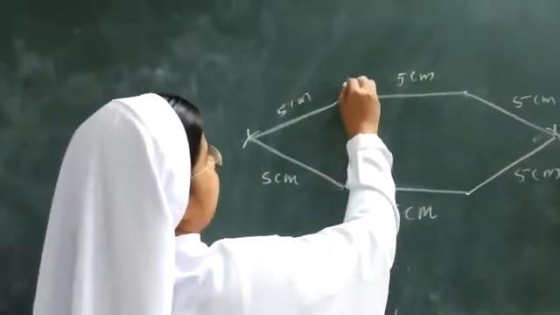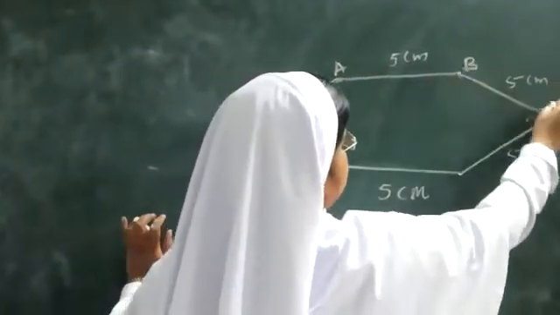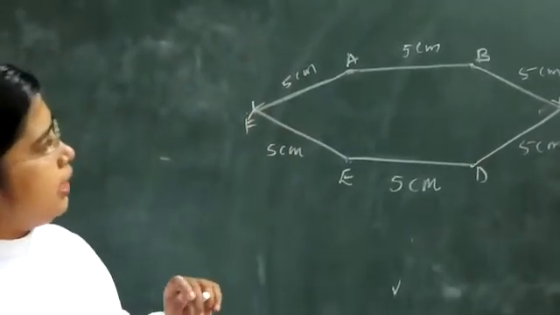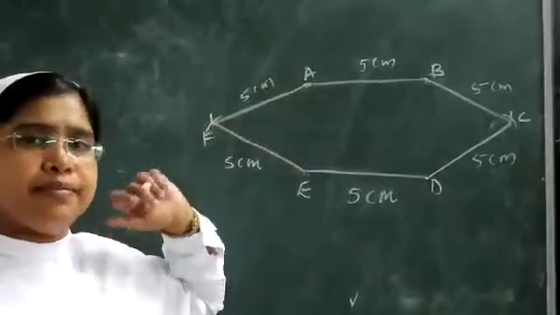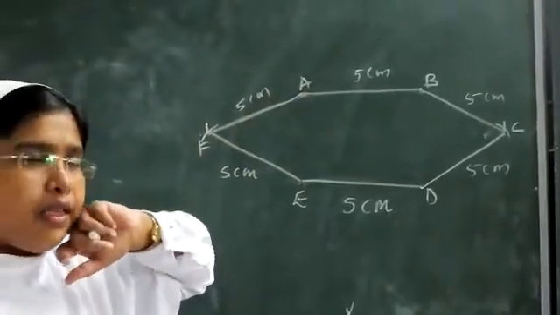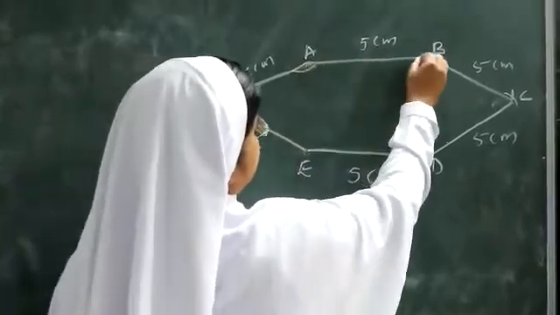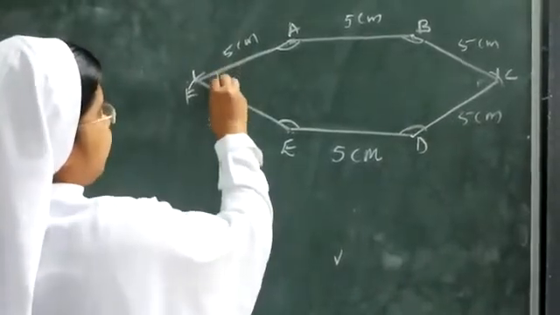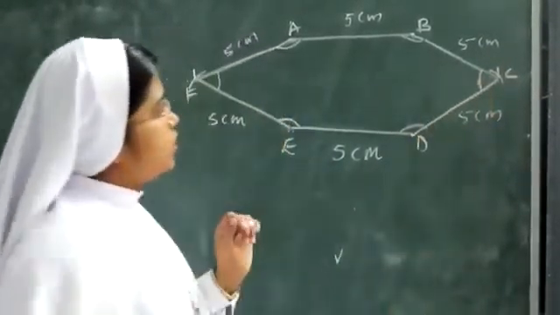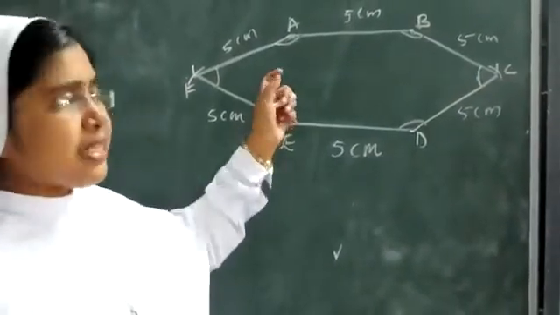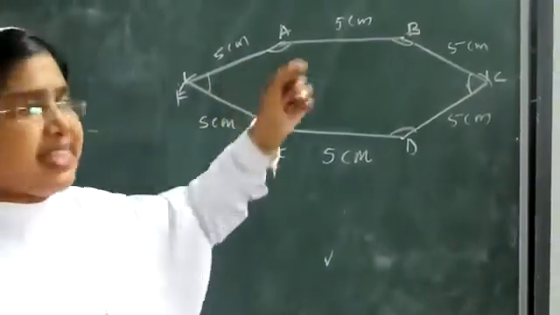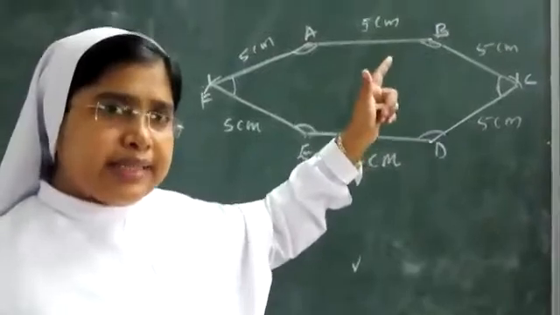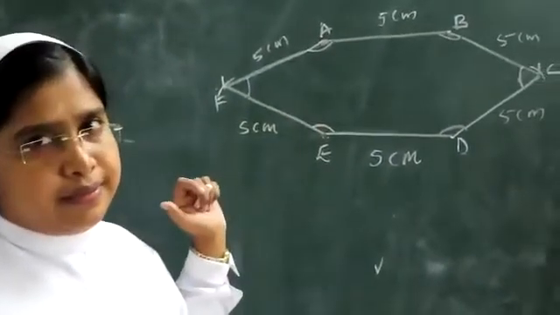So you also can give names as A, B, C, D, E, F. Okay. Now you can look here. Are the angles the same here? No, maybe this angle will be the same, but this angle is completely different. These two angles are smaller, so we can say the angles are not equal, but the sides are the same. I hope you have understood well. A hexagon with equal sides and unequal angles.